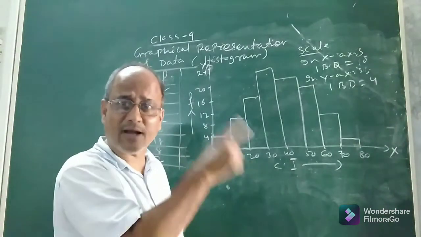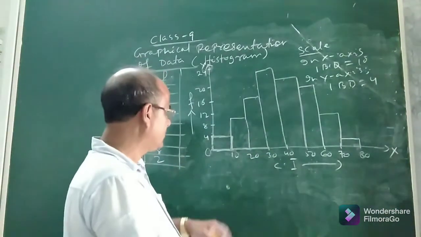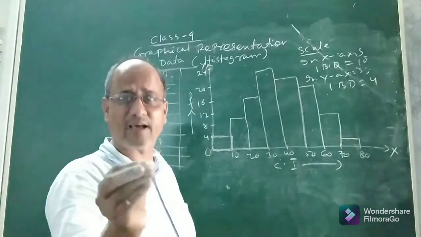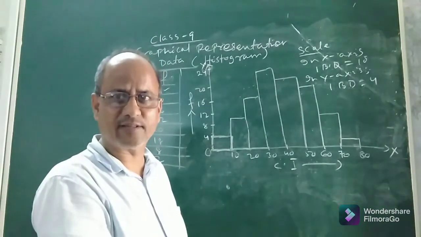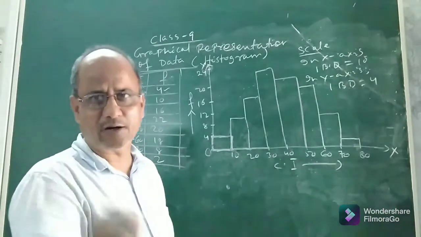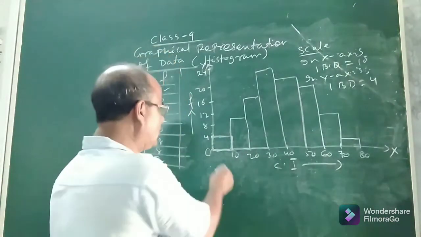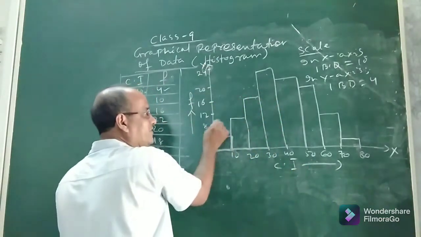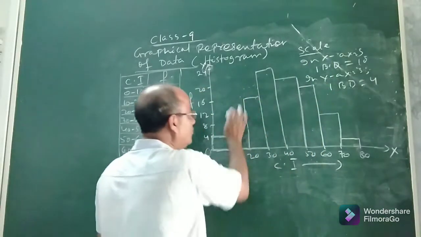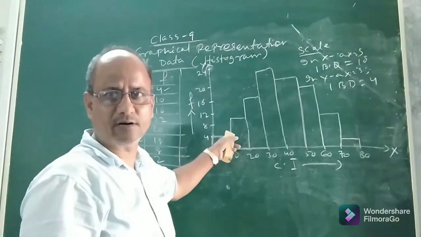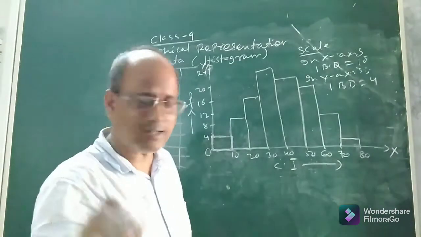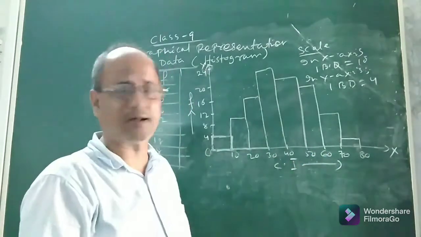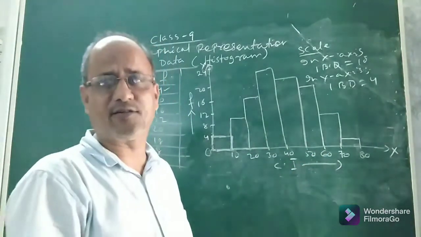So in histogram, whatever bars or rectangles we draw or construct, the width of each bar or rectangle must be equal to the class size or width. And the length must be proportional to what? The corresponding frequency. So take the class interval along x-axis, take the corresponding frequencies along y-axis, choosing appropriate scale, then you draw bars or rectangles. Like this I have drawn. Draw bars or rectangles such that the width of each bar will be the same and there will be no gap or spacing between the bars. Then the figure so obtained will be called a histogram.